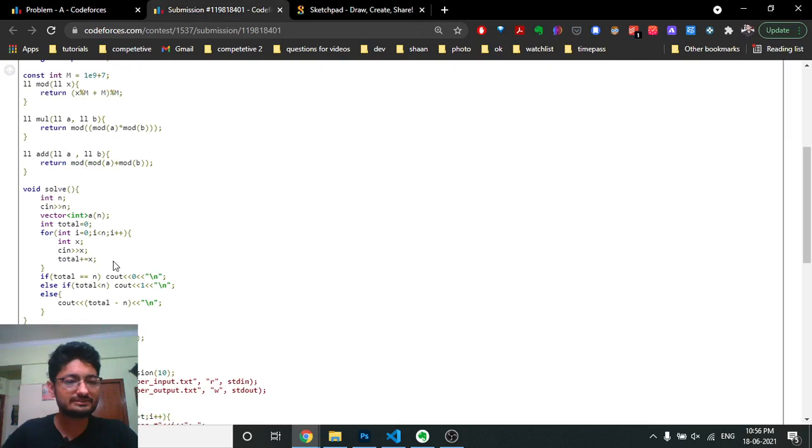So what I have seen here is, if the total summation of the elements is equal to n only, then the answer is 0 because no element should be added. If the total is less than n, we just have to add one element. And if the total is larger than n, then the number of elements we have to add, which are all zeros, is total minus n, such that the total denominator, which is the total number of elements, will become the total.